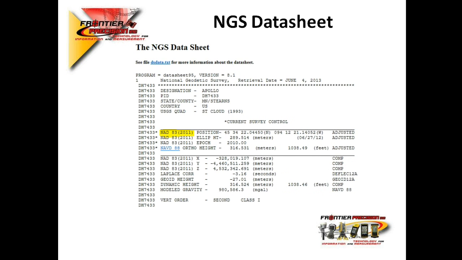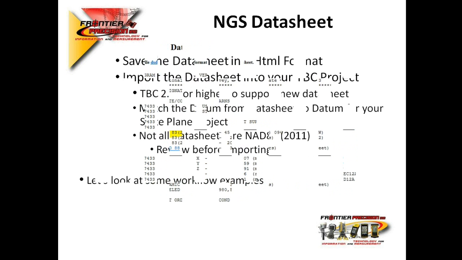Notice that in here we have a NAD83 2011 position. Now, not all NGS data sheets are going to say that. Some will not. Some will have a different designation. Always look for the adjustment year in parentheses there. In this case, it's 2011. So we would need to set up our project accordingly, right? Just like we talked about